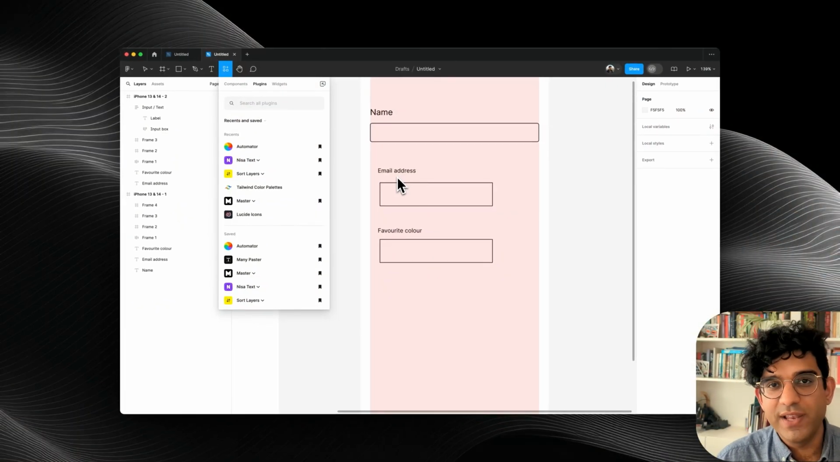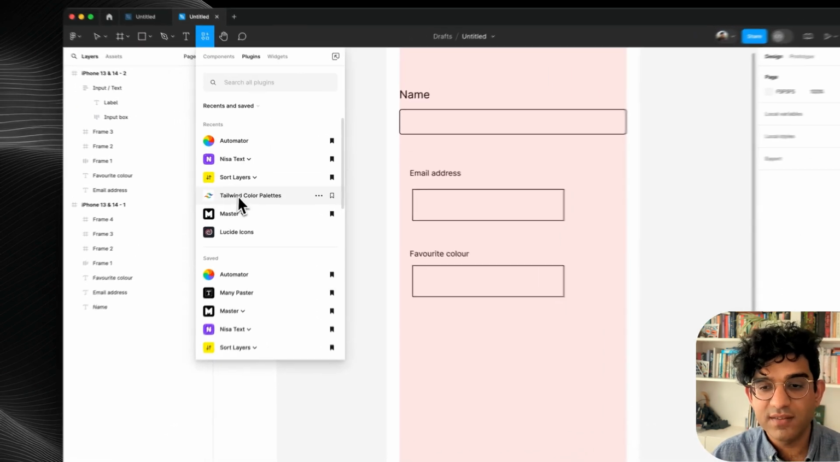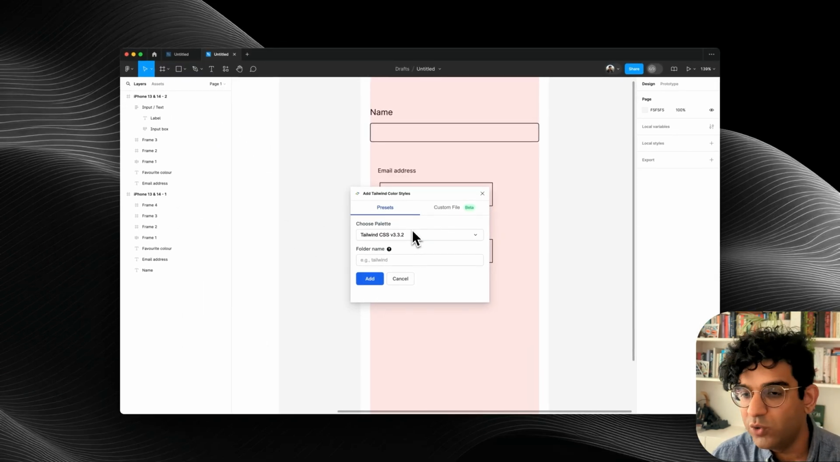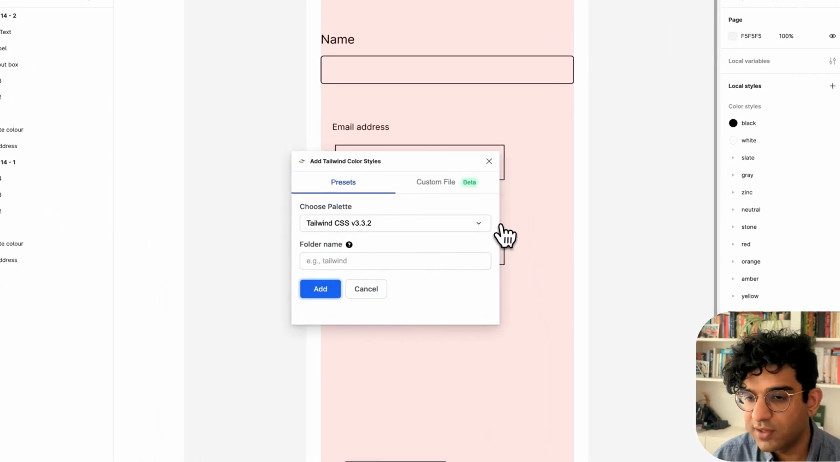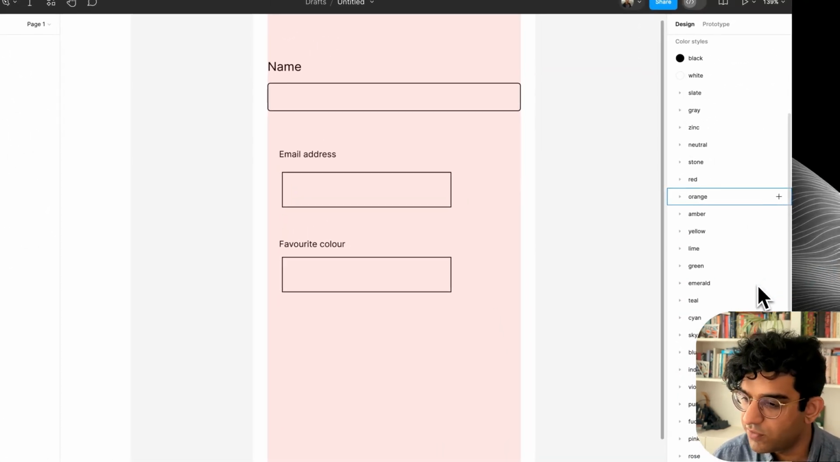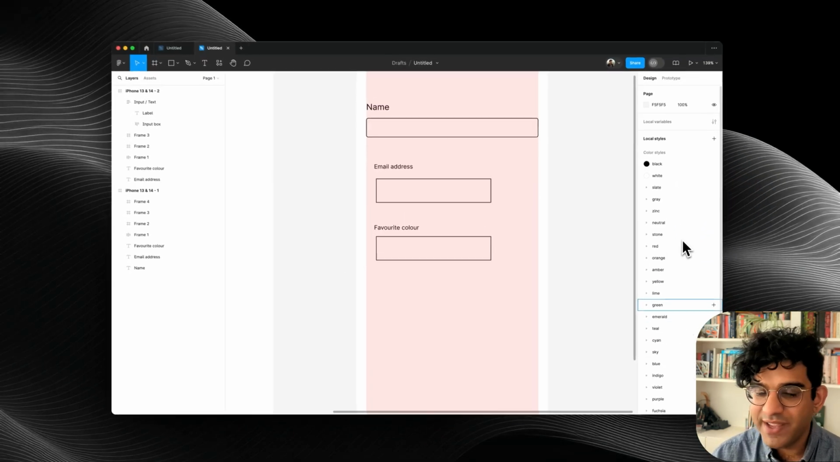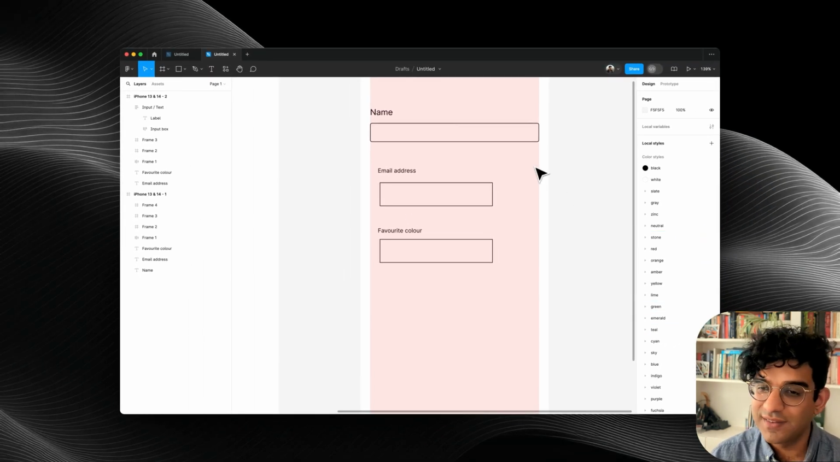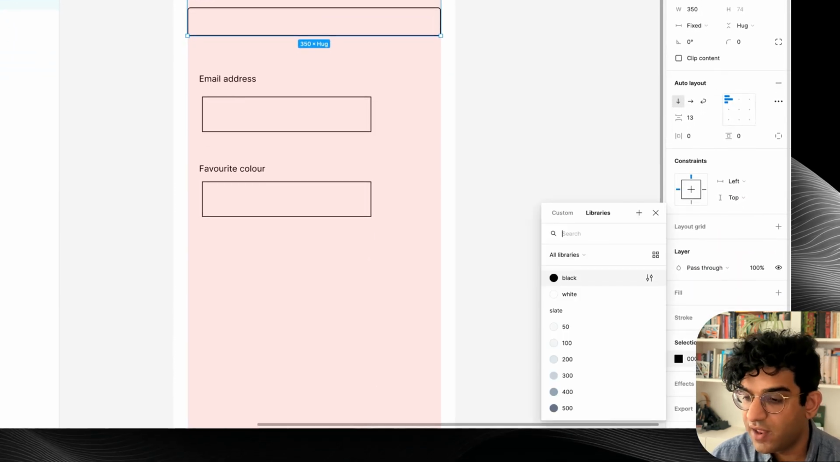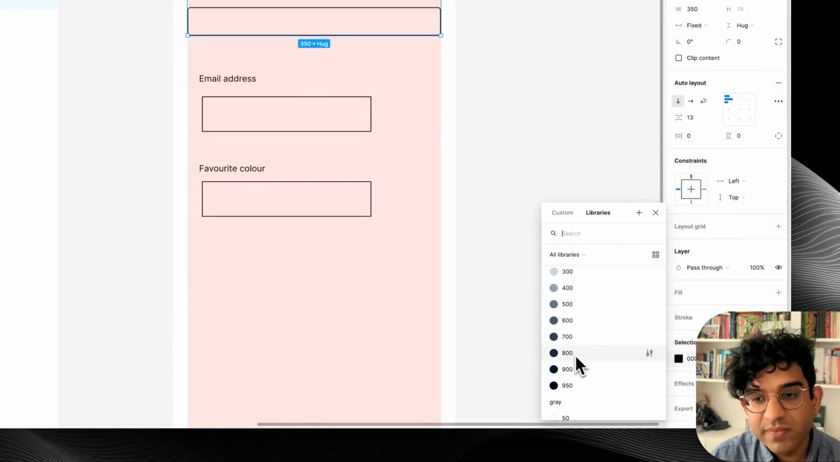Now, I'm not going to go through the process of making a complete color scale by yourself, but I made a video on that recently about a good way of doing that. Since making that video, I found a really good plugin called Tailwind Color Palettes, and these just add all of the Tailwind color styles to your file. So I just have to load that color palette, press add, and now you can see we've got folders for absolutely every one of the base Tailwind colors. So what that means is I can go in, and for selection colors, I can set it to Slate 800,